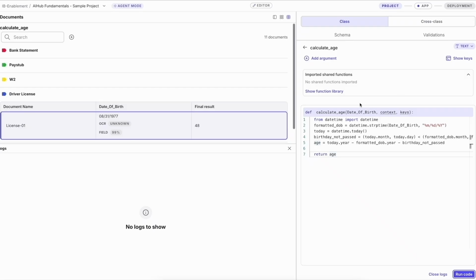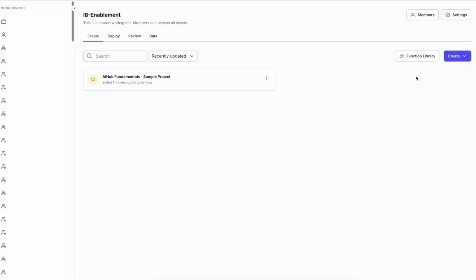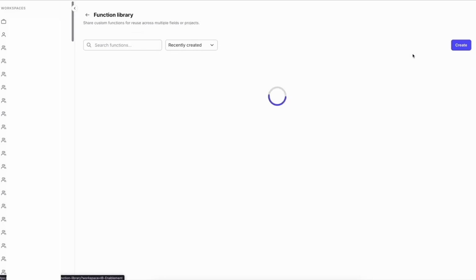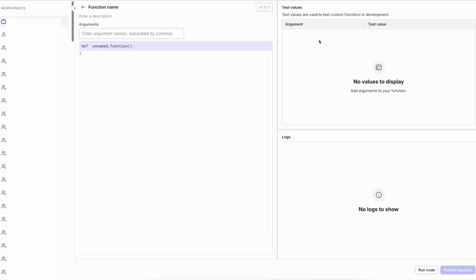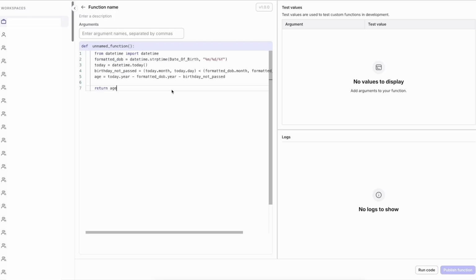Now, going back to the idea of the function library, say we've created this function calculate age, and we want to use it across multiple apps, or multiple fields, or multiple classes. Again, I'll keep this copied. And when you navigate to your workspace, you can see in the top right function library, open this. Click create, and here you can see where you can define this function. I will paste the code that we had before, update the formatting,